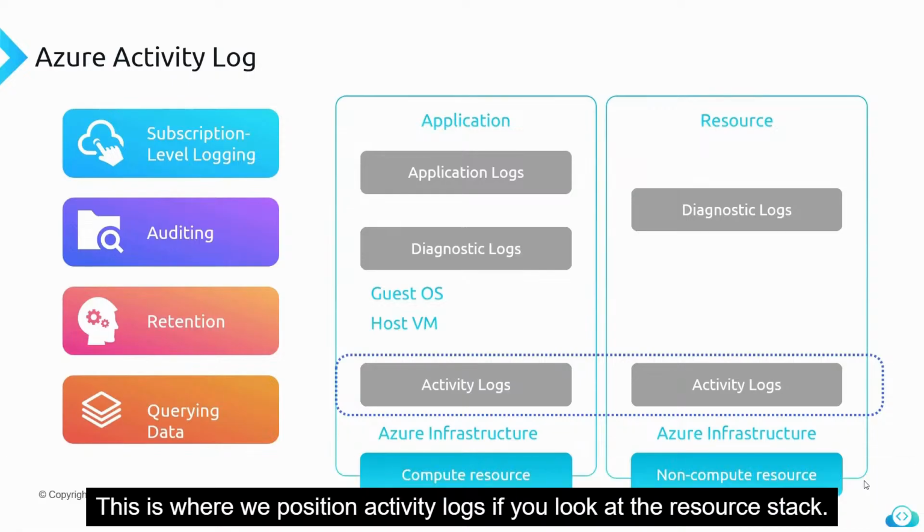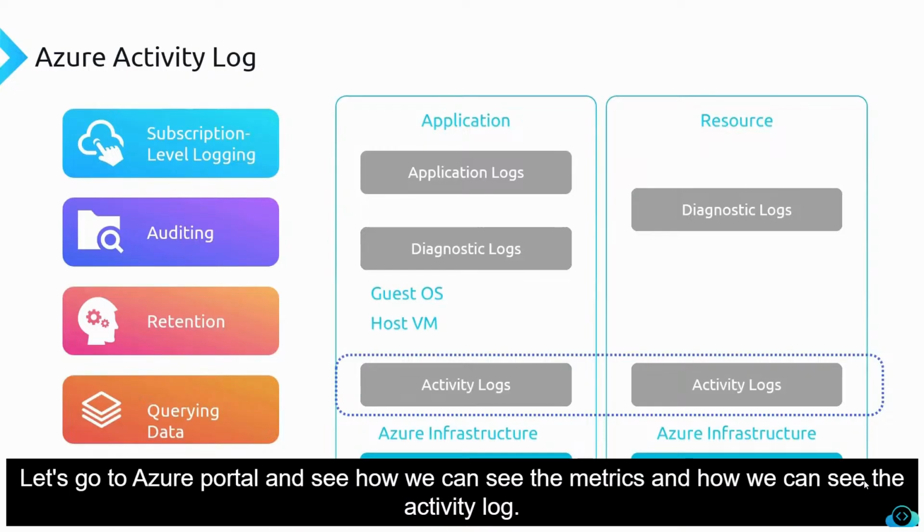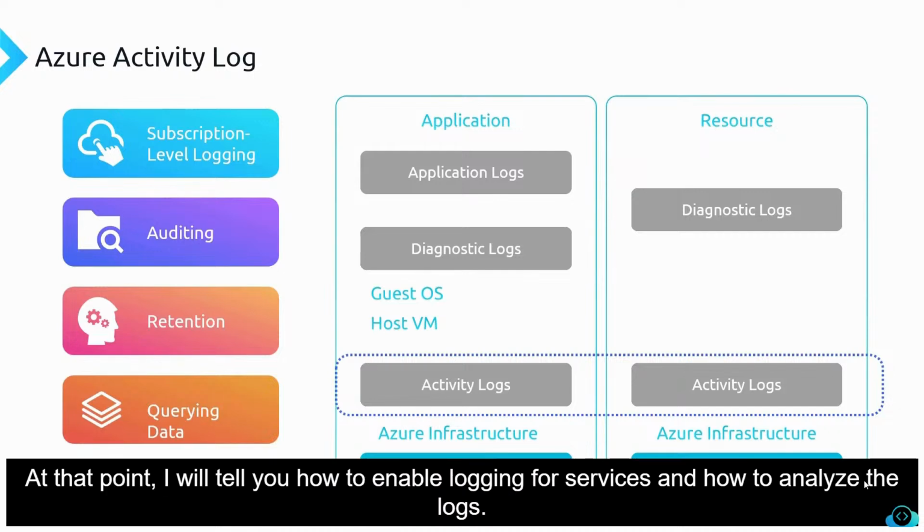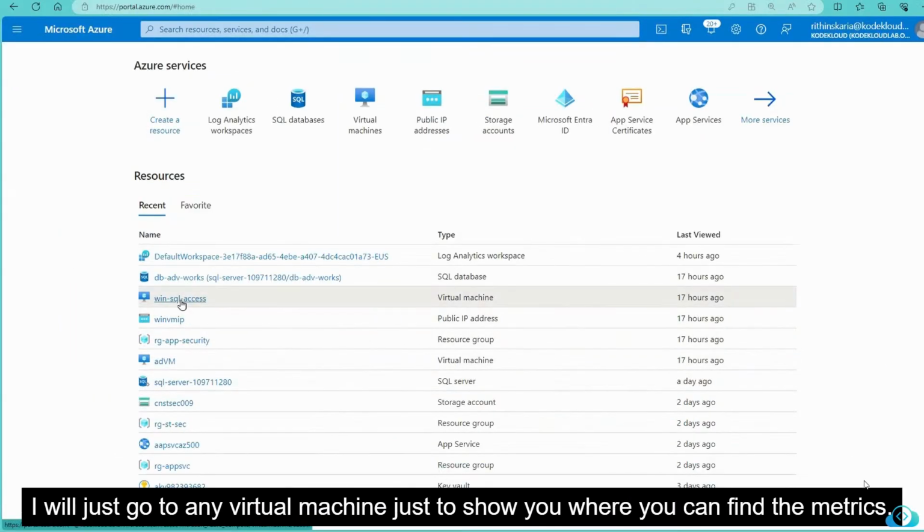For example, there is an event that happened within your Windows machine. That is not available in your activity logs. So activity logs are just about the Azure infrastructure. If you make any action on the Azure infrastructure, you will be able to capture that. If it's anything related to the host VM, guest operating system, diagnostics, or application, that will never come in your Azure